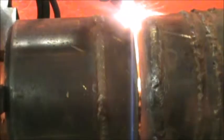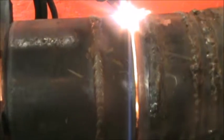Okay, so there the flame's cut and we started, we punch a hole, and we move it back so when it comes all the way around it doesn't leave a divot where it started. Okay, and there's the finished cut. Just a little bit of slag on the end. We can clean that